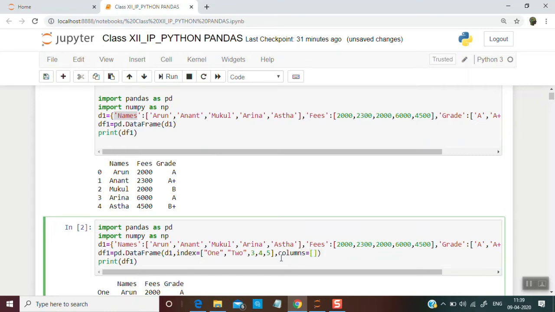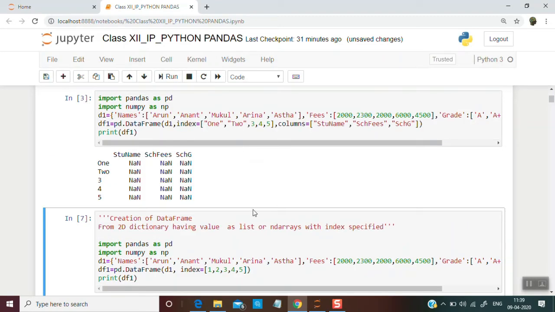Like for example, if you want stu name, comma, school fees, comma, school grade, right? So if I run this,